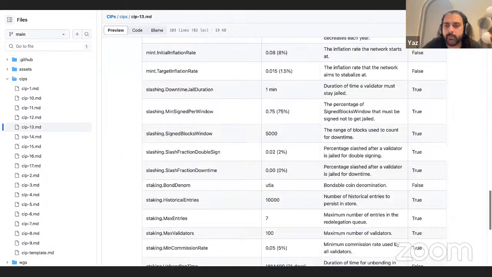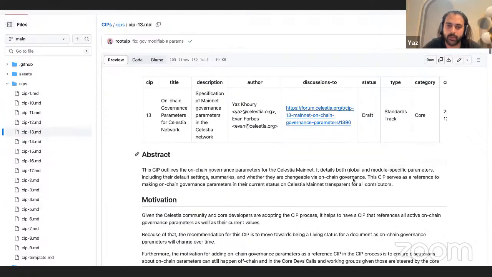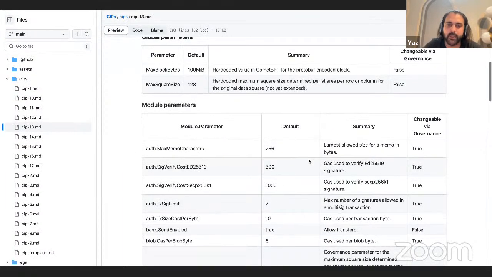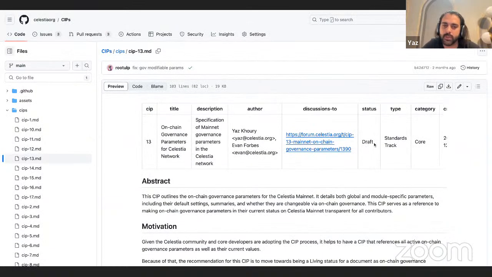Yeah, I agree. Also, given that it's in draft, they're probably going to move it to review status, because the aim of this one is to become a living document, kind of like CIP1, because we're always going to continuously update it, and it's a reflection of the mainnet parameters. So I'll just update the status to review for CIP13 so people can review it as well.